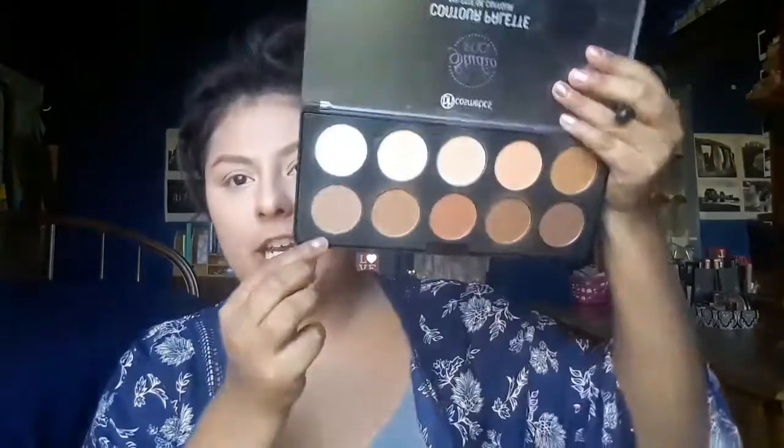Now I'm taking a small stubble brush. This one is from e.l.f. with the BH Cosmetics Studio Pro Contour Palette, and I am taking this shade right here. It has the most gray undertone, which is great for a contour, but it's not too gray where it makes you look dead. If you're ever confused on where to place your contour, you see the top of your ear,